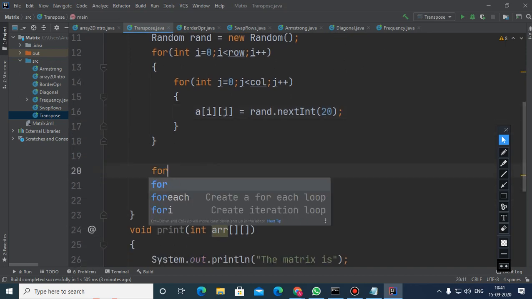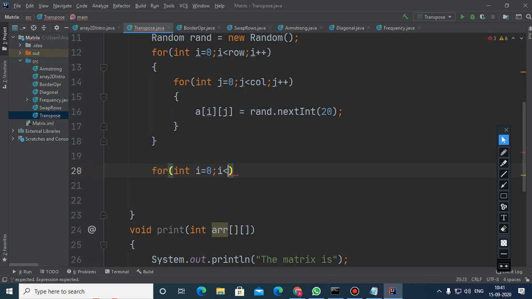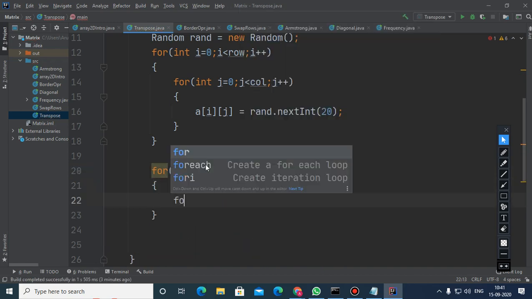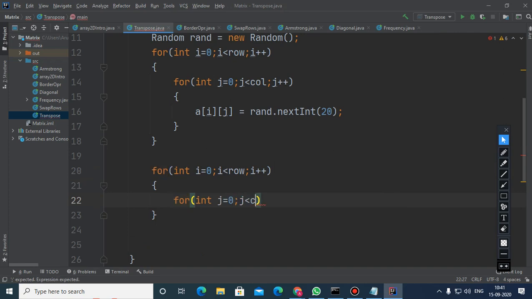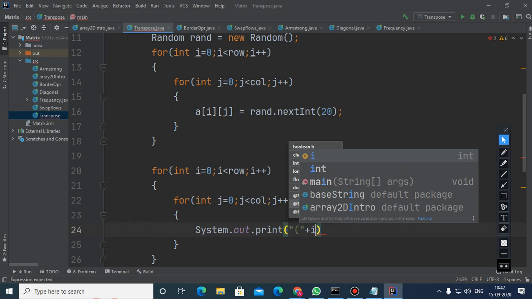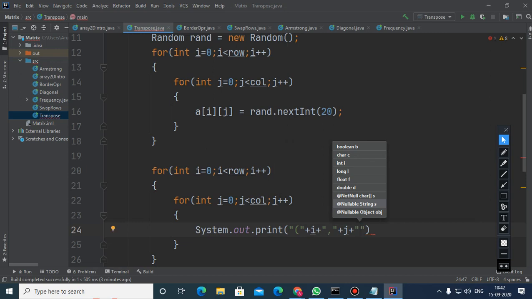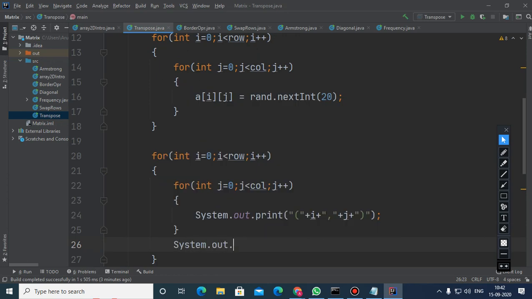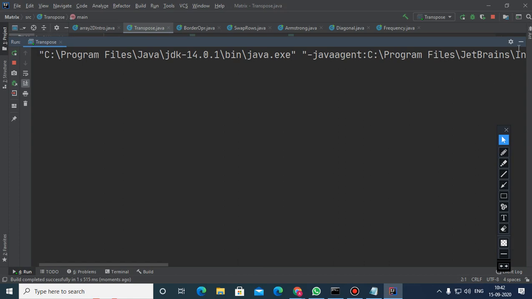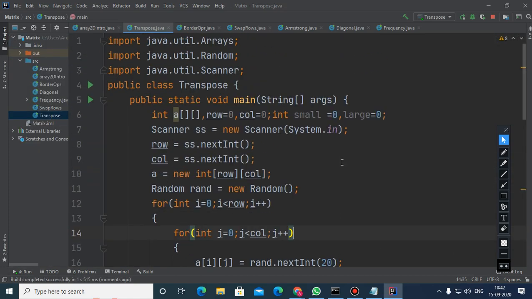So now here, for int i from 0 till it is less than row, and here for j from 0 till it is less than column, j plus plus, and here for index numbers, that is i plus comma plus j plus this bracket, and here after that I need to change the line. What happened? It is not asking for the row.